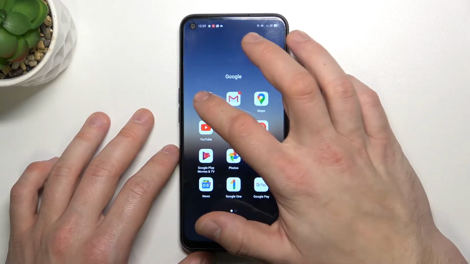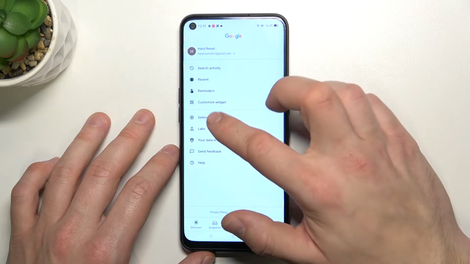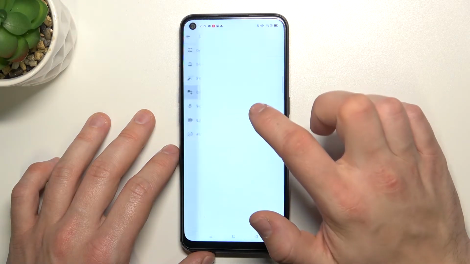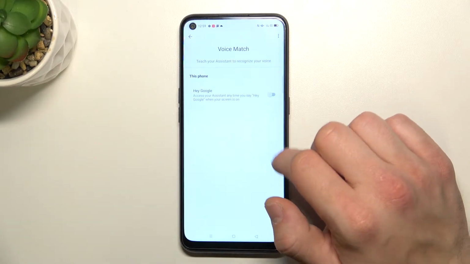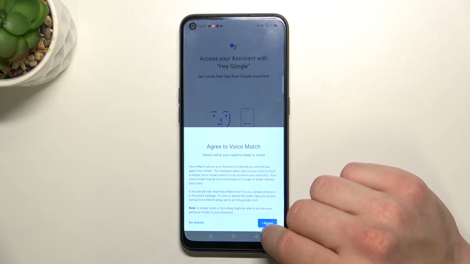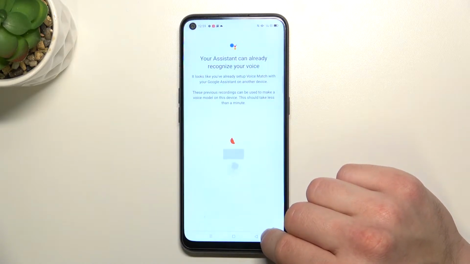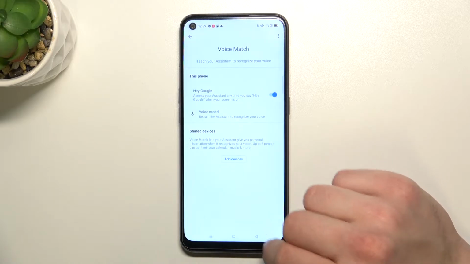In the beginning let's enter Google app. Now tap More and go to Settings. Enter Google Assistant, Voice Match, and make sure that this function is enabled. Now let's go back